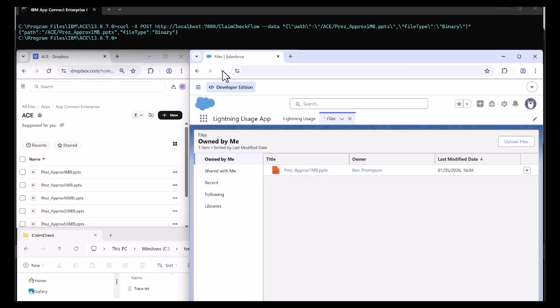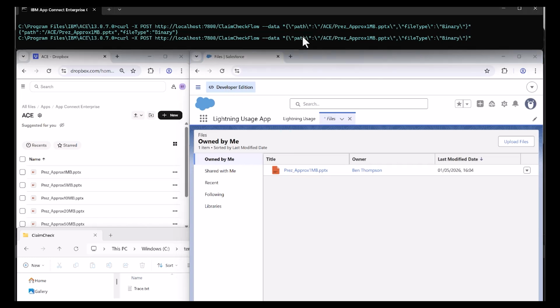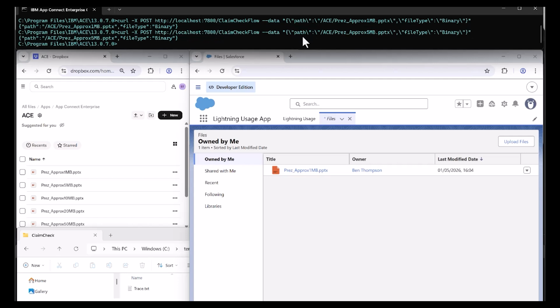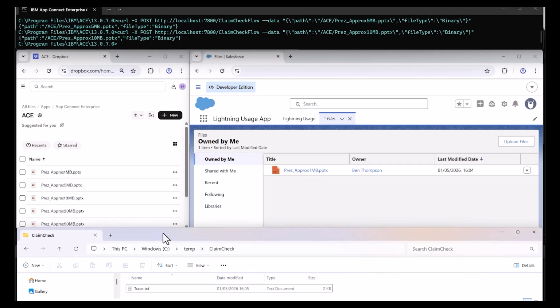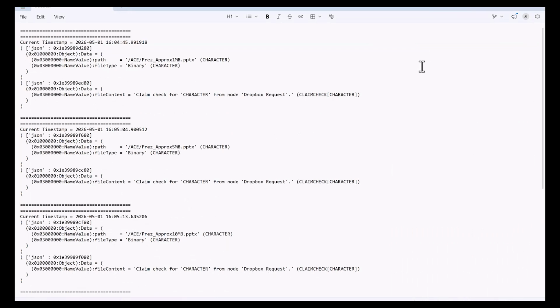The input data carries the path to a PowerPoint file named pres_approx1mb. Our trace file has been written to disk, and refreshing the Salesforce view shows the file has been successfully retrieved and copied over. We've now repeated the command for transferring a second PowerPoint file. This time it's 5 megabytes in size, and finally we run the command for a third time with a 10 megabyte file. Now we've moved 3 files, let's examine the content of the generated trace file, which has 3 sections